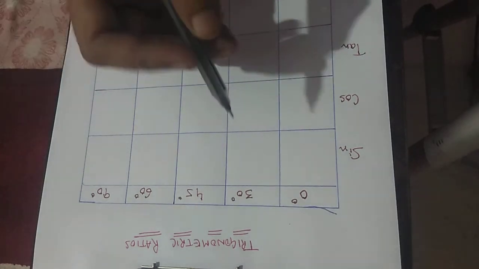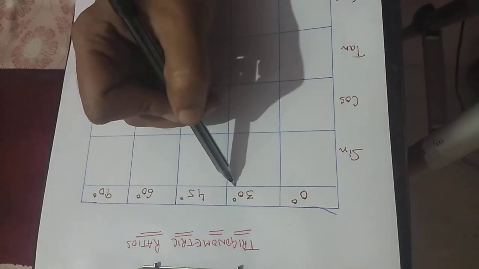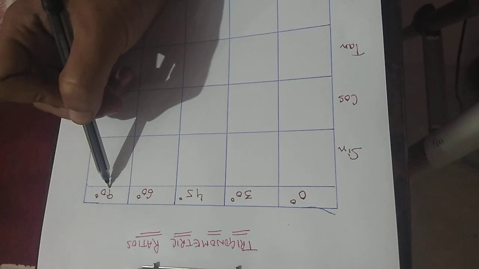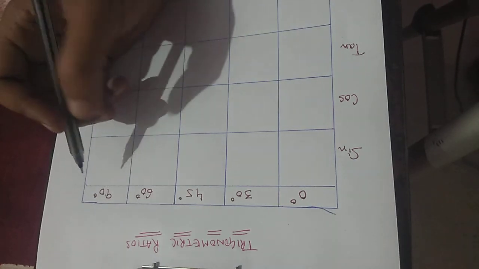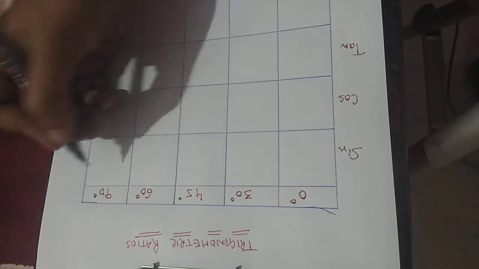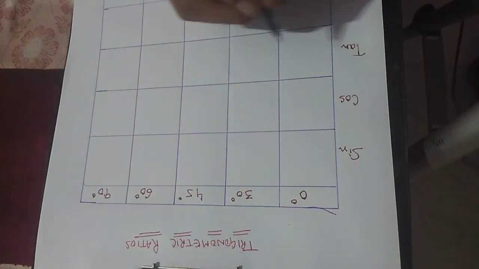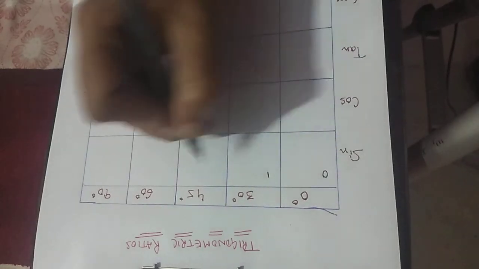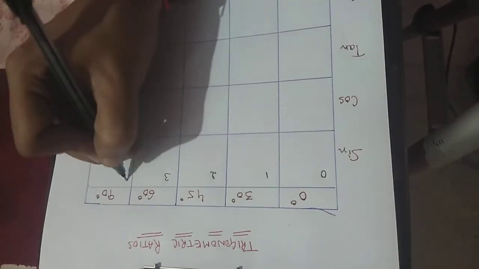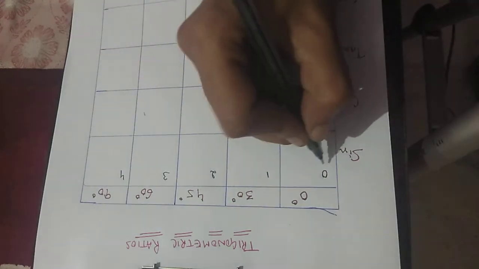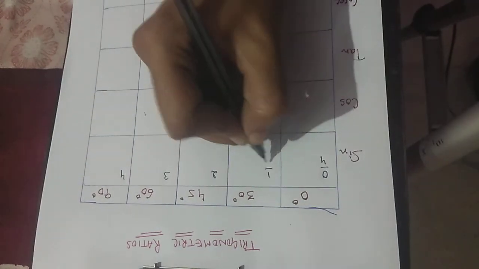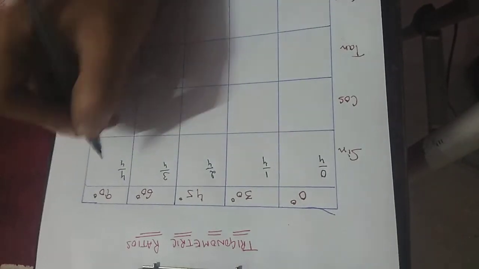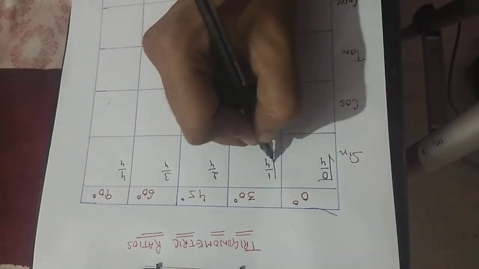These 5 basic angles we have here are 0 degree, 30 degree, 45, 60 and 90. So let us study how we can calculate the basic trigonometric ratios of these angles. For this, just write the counting from 0 to 4: 0, 1, 2, 3, 4. In the next step, divide all of them by 4 and take the square root of all of them.